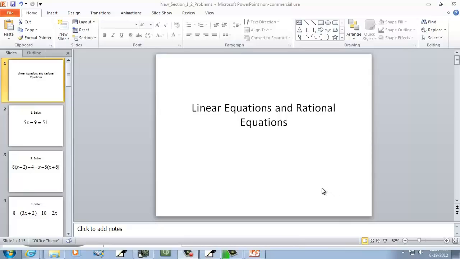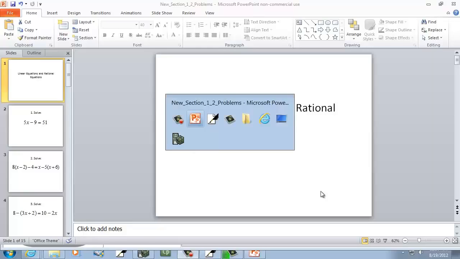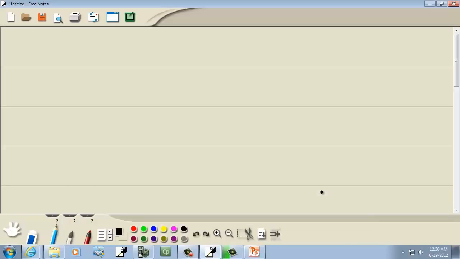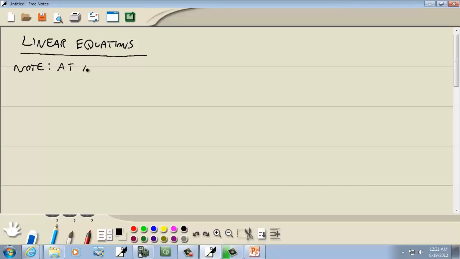Let's take a look at linear equations and rational equations. Let's first write the steps down for linear equations. For linear equations, we have a note that goes up top. It says at any step,